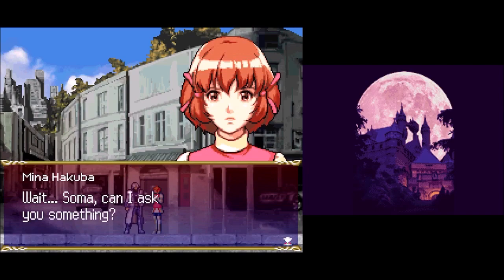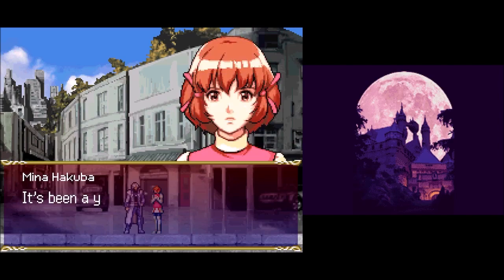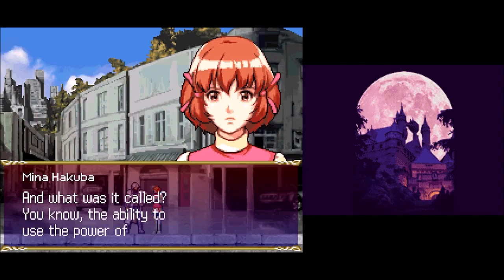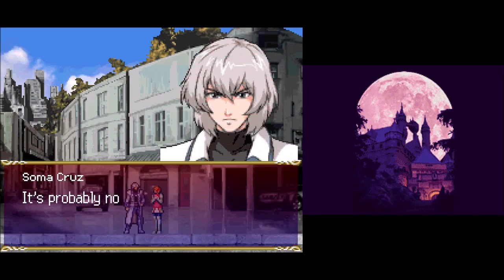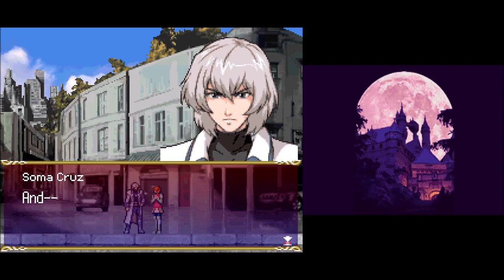Wait, Soma, can I ask you something? Yeah, of course, Mina. What's wrong? It's been a year since it all happened, hasn't it? Yeah, just about. And what was it called? You know, the ability to use the power of monsters? You mean the power of dominance? I lost it when we escaped Dracula's castle, remember? Oh yeah, I forgot. It's just that I get this terrible feeling inside. It's probably nothing. Look, don't worry, I'm okay. Sure it's nothing. This past year, I haven't been able to use any of the powers I gained. And...